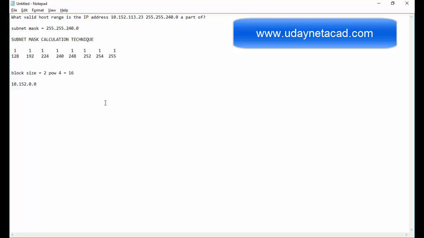So the first subnet is 10.152.0.0. The second subnet would be 10.152.16.0. In the third octet we are doing subnetting, so 0, the next block is 16. What will be the next block? 10.152.32.0, and then we'll continue until we get to